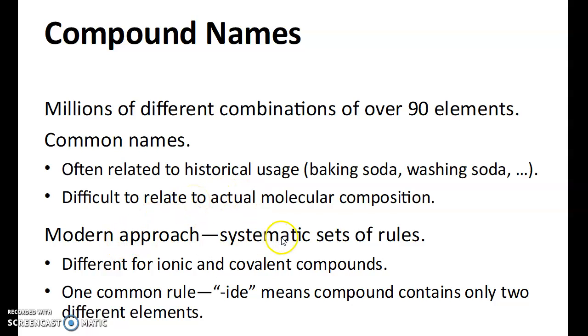The modern approach is to have a systematic set of rules. And it's different for ionic and covalent compounds. One common rule is IDE means the compound contains only 2 different elements, okay? And that IDE goes on the second of the 2 elements. Now, it's good for you to know exactly what you've got in terms of the old ones, because that's what you're going to see on your supermarket shelves. And so you'll be able to have your own chemistry at home, knowing what those are with respect to the